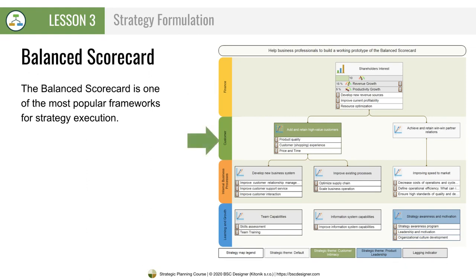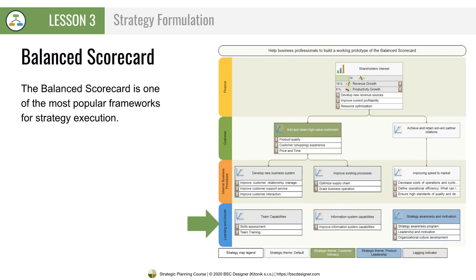Then we need to define the needs of the customers that our organization has to satisfy to achieve those financial outcomes. In the internal perspective, we formulate the challenges that we need to solve internally to satisfy the needs of the customers. Finally, in the learning and infrastructure perspective, we focus on the learning force of the organization as well as discuss infrastructures that need to be implemented.